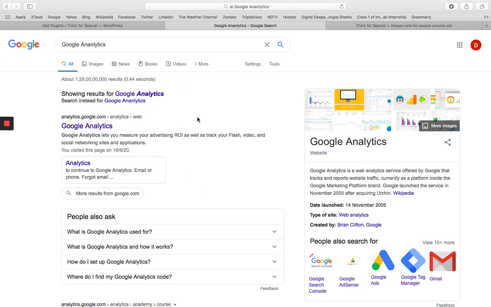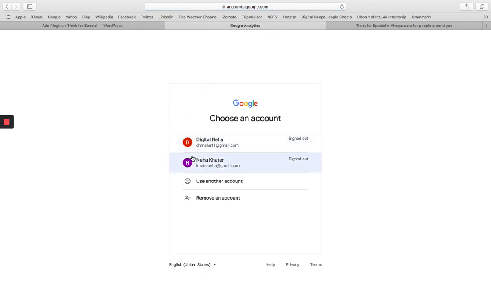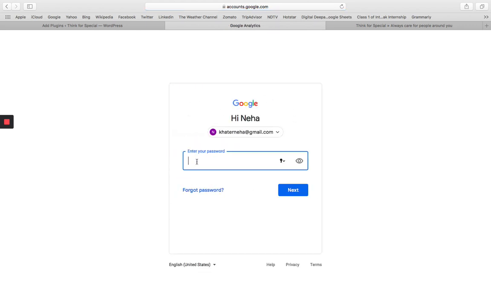So the first step is we need to create a Google Analytics account. For this, on Google, search for Google Analytics and now click on the first search result here. So the first thing is we need to log into our Gmail account. So let's log in, enter the password. Okay, click on next,